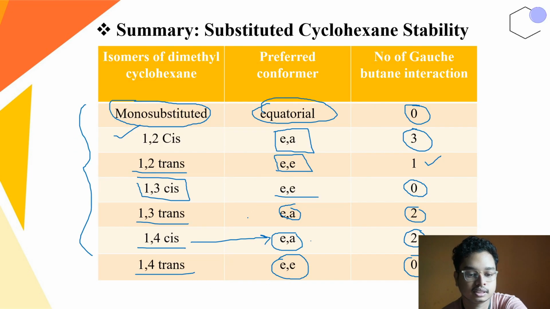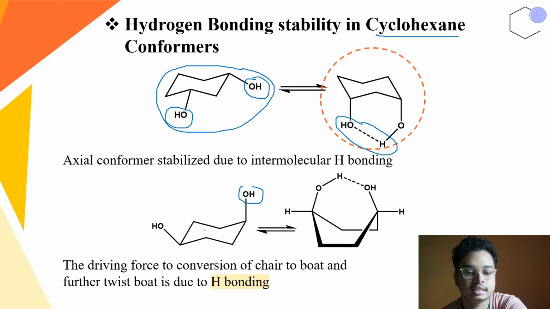Okay, and in the same case, for a 1,4-substituted cyclohexane, if there is an OH present, like here in the 1,4-cis conformer, the equatorial-axial is much more stable in chair form. But if there is a diol substituted,